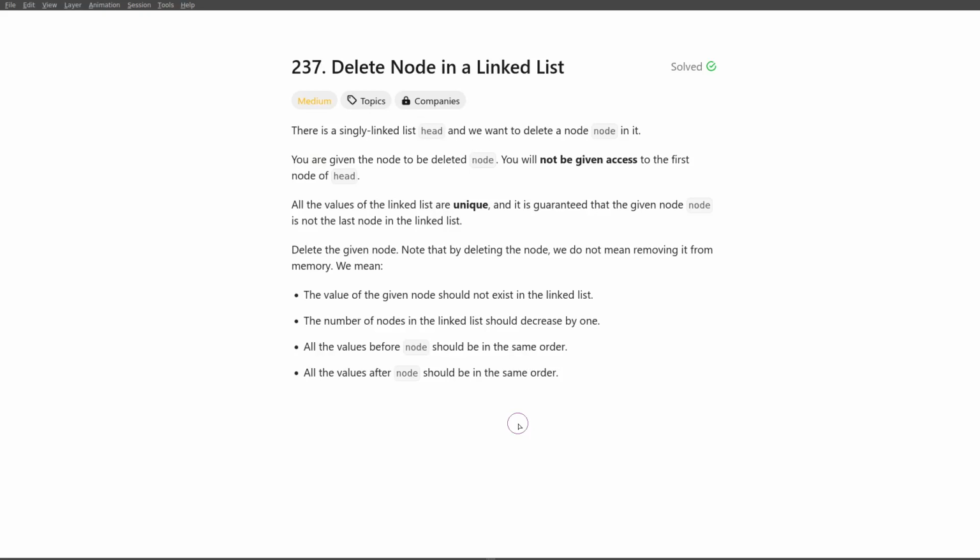Hello everyone, today we'll talk about the problem delete node in linked list. Now this sounds quite standard, and if you're like me, you might see that, oh no, it's a linked list problem, we're going to have to take pointers, fix pointers, do some magic with that. However, in this case, the twist is that we're not given access to the first element, the head of the